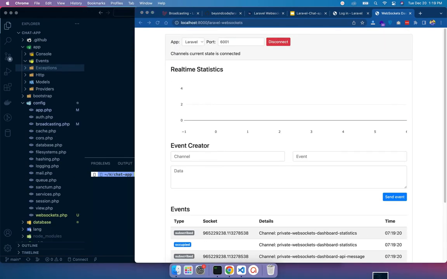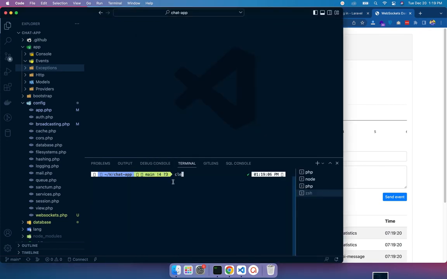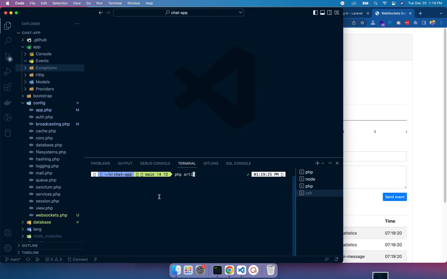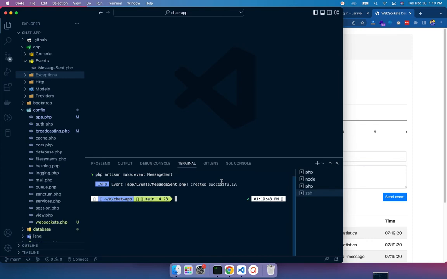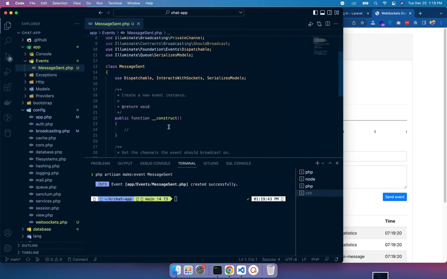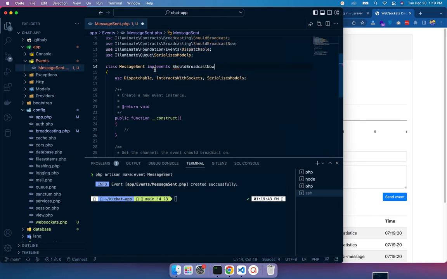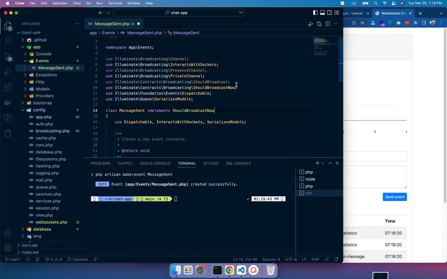Let's connect again. Okay, so now let's create a custom event for ourselves, and we will use Tinker and then check if the event is broadcasted here. So php artisan make:event, the name will be MessageSent. We're creating an event for message sent. Just enter it and go to this MessageSent, and in MessageSent we will implement ShouldBroadcastNow, so that it will actually broadcast instantly.